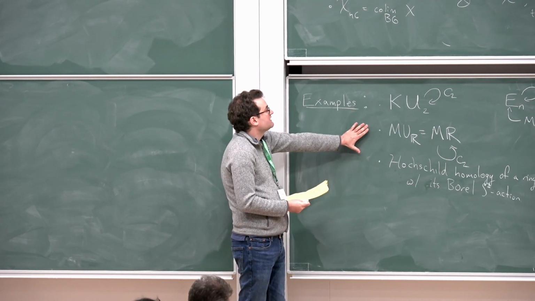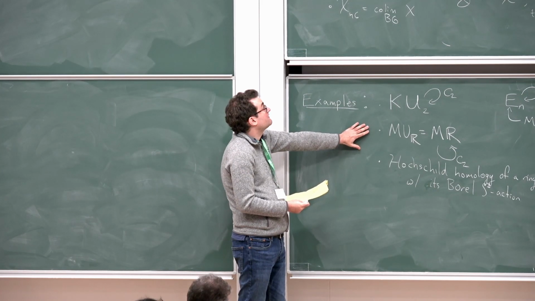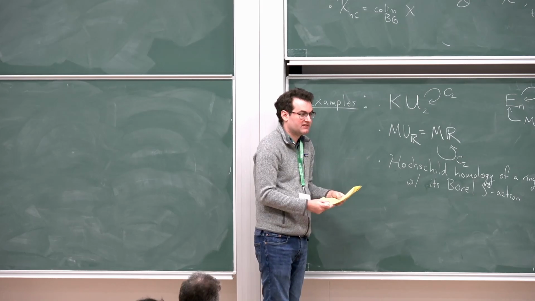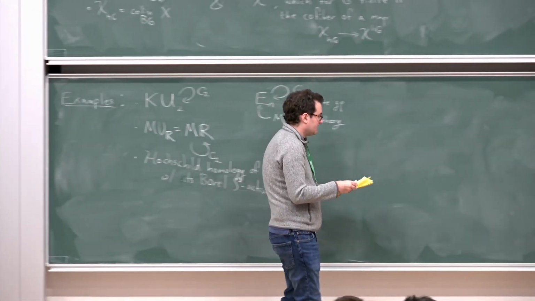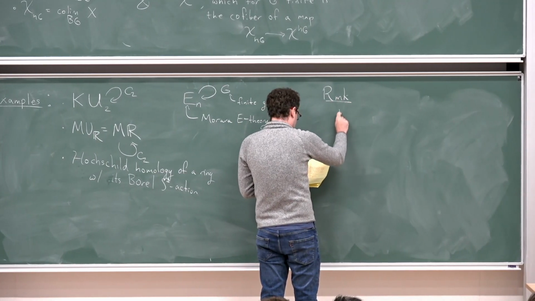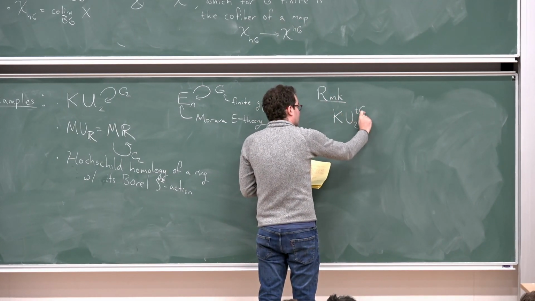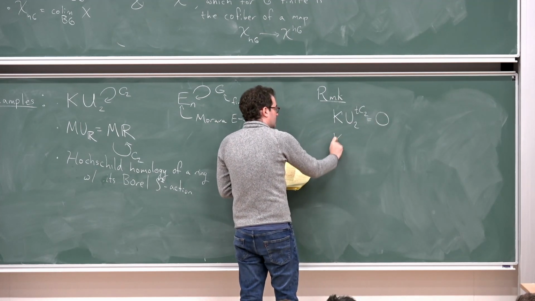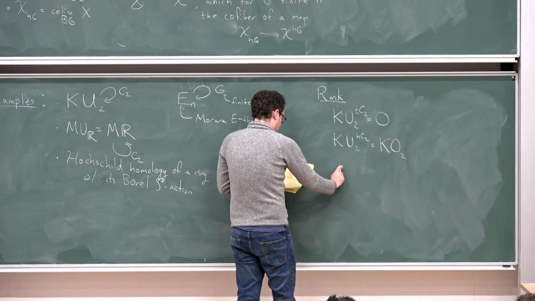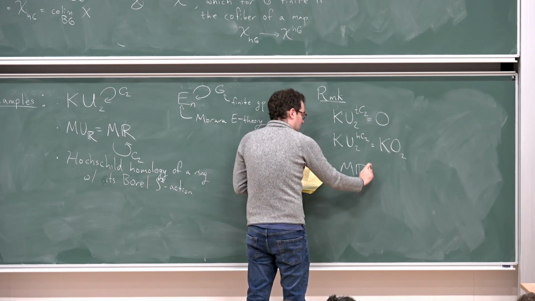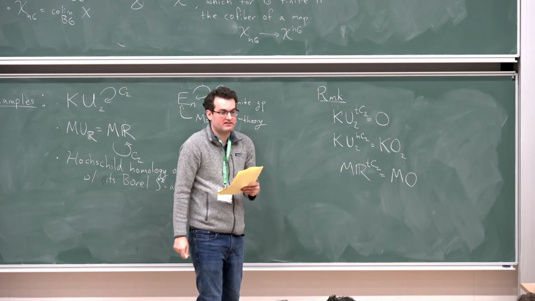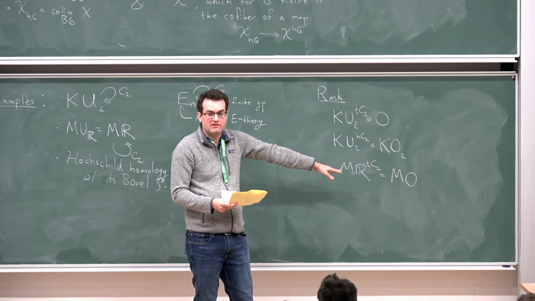Okay, I feel like these examples of Borel spectra are very important, and they were very motivating for me as a student, as well as this notion of Borel spectra. Oh yeah, maybe I should just quickly remark what some of the invariants are. So the Tate construction of this is 0, fixed points are KO, and then maybe the interesting thing, the Tate fixed points of MU are MO. So that gives us a relation between MU or MR and MO that